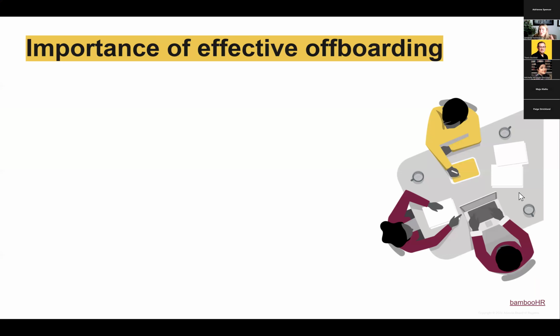So starting off with the importance of effective onboarding. This is now the end of that student employment journey. They are getting ready for that next opportunity, whether that is just a different job, an internship, they're graduating, maybe doing study abroad, whatever it is. This is really where we have the opportunity to